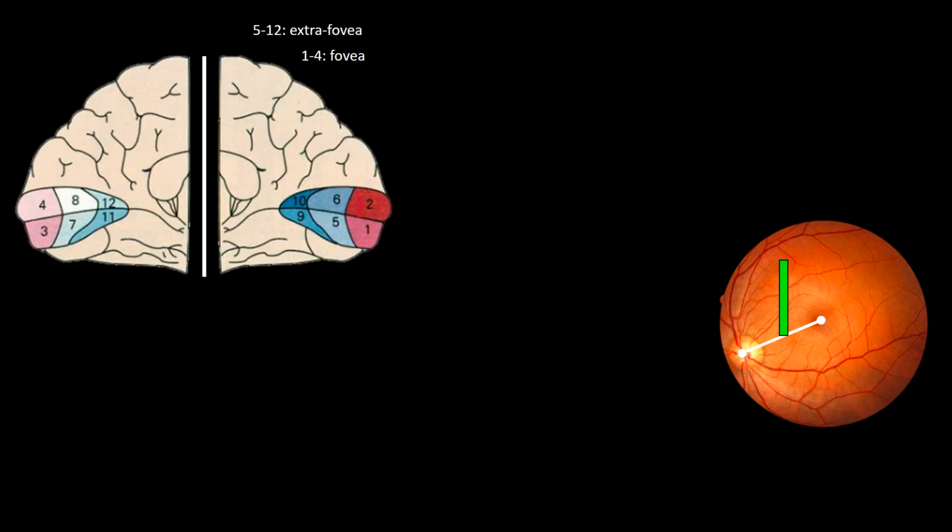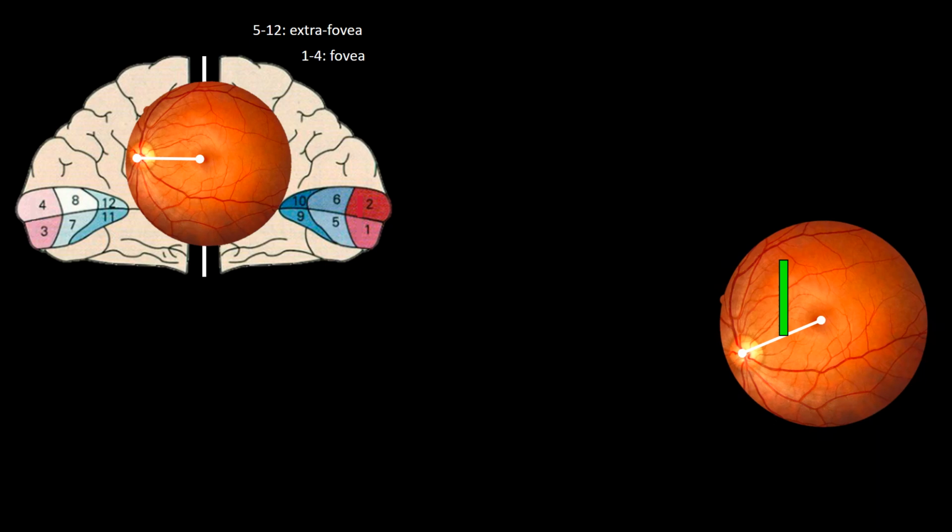The cornea and lens do their job, and the image of the green bar is captured in the retina in the corresponding retinal area, as you can see. But notice the relation between the fovea-disc line and the image of the bar. This bar-line composition is transmitted to the brain, where the spatial representation of the retina is normal. That is, the macula-optic disc line is in the horizontal plane. So the bar is represented with a spatial specification of the ocular retina, resulting in a bar with the top